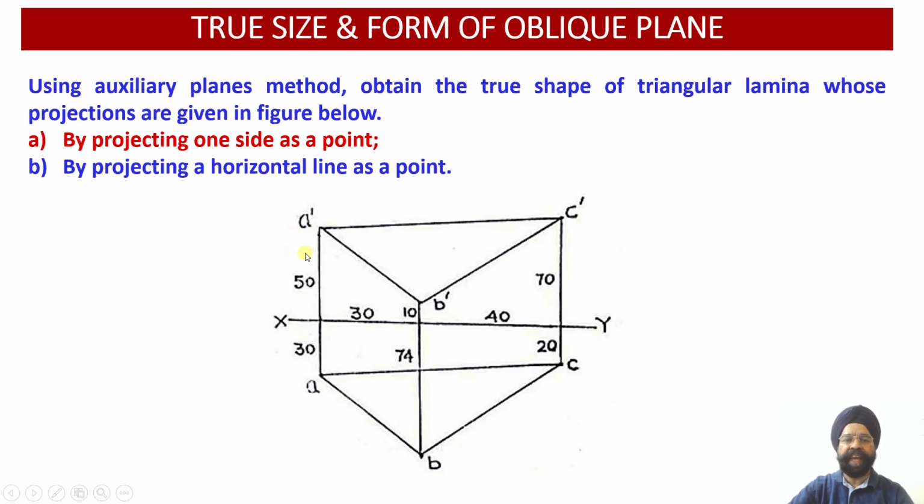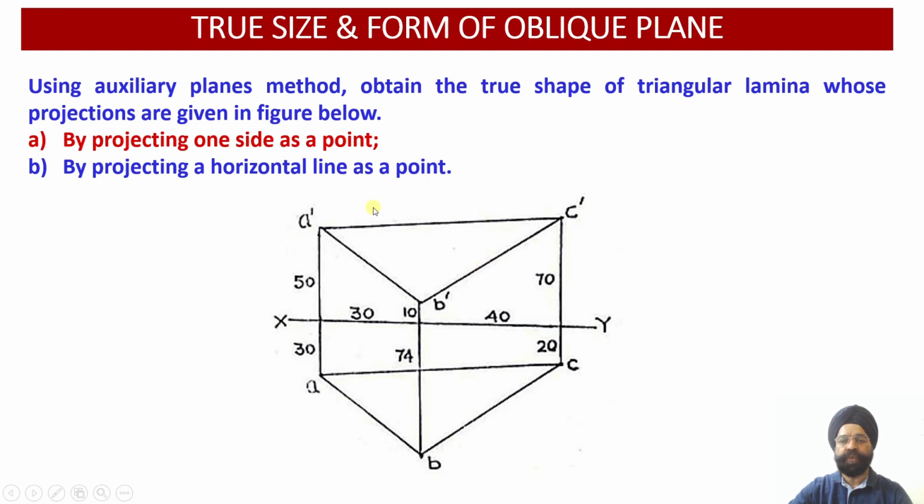Here we have three edges in the front view, that is A dash B dash, B dash C dash and C dash A dash. Similarly, there are three visible edges of this oblique lamina in the top view, that is AB, BC and CA. Now it is our choice from which point we want to start. So the procedure will be as I am going to describe. Step number 1: out of these 2n number of edges,